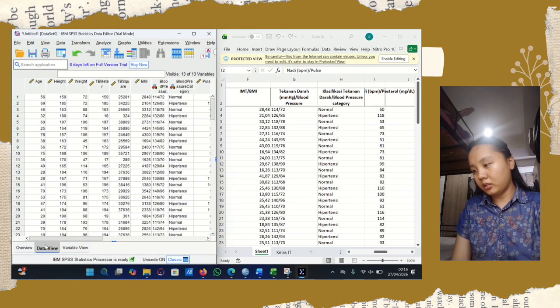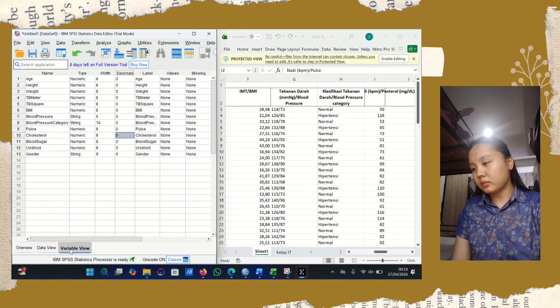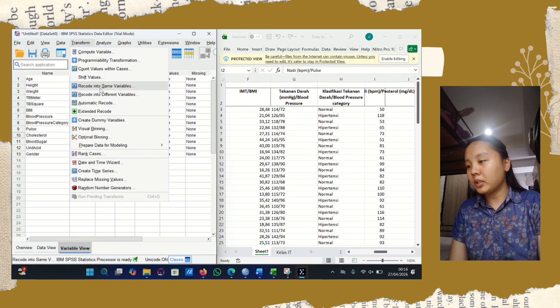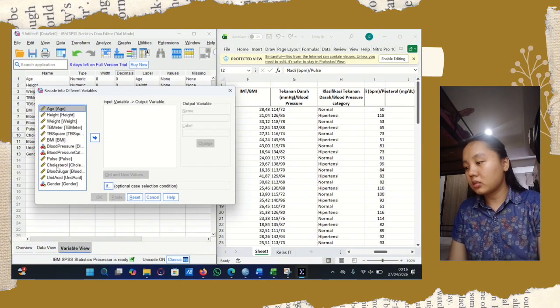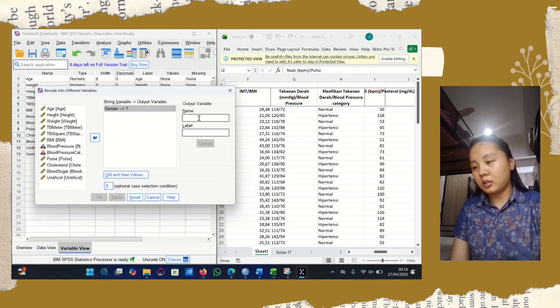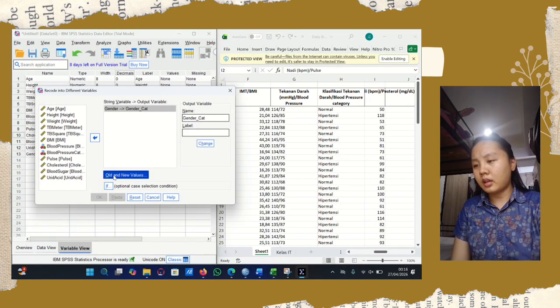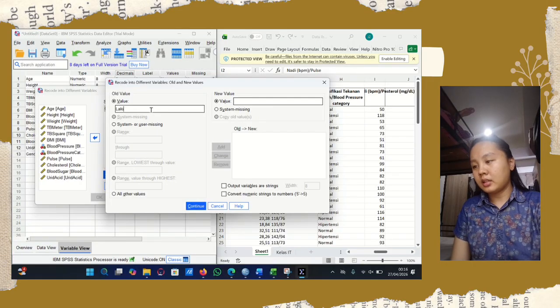Okay, we can see here that we go to Transform, Recode into Different Variables, and we go to gender and change the name to gender_cat, and we add the values from the data.